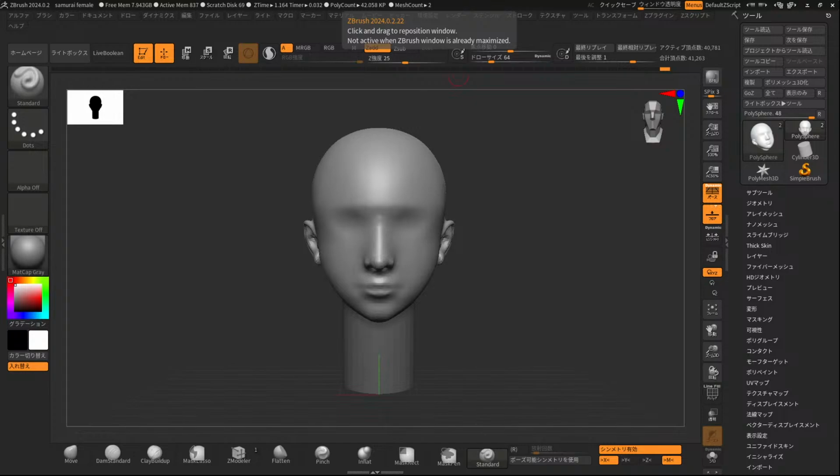Come in here and I can say, you know what? I need to see way through this. There we go. And then move this around. And there we go. This goes like this. Yes, I like this. And there you go. So this makes it really easy to jump around in the different reference images, toggle between the transparency, and really help you dial in your likeness. If you're just